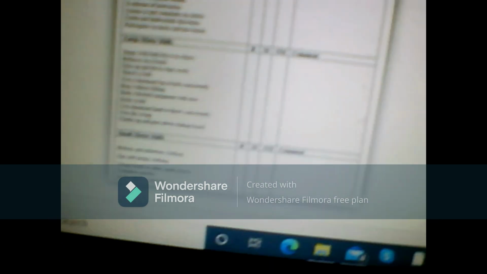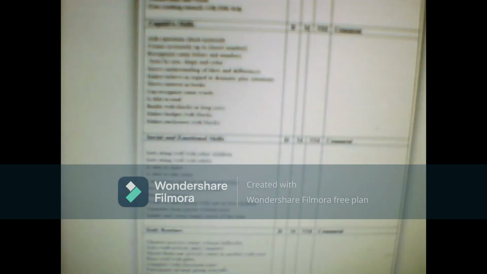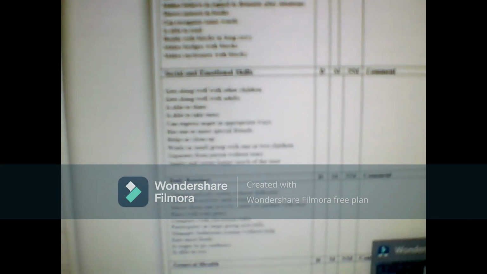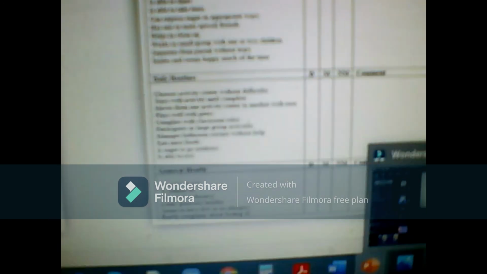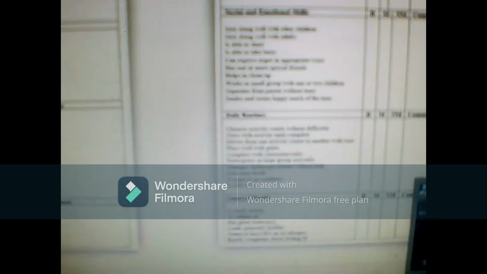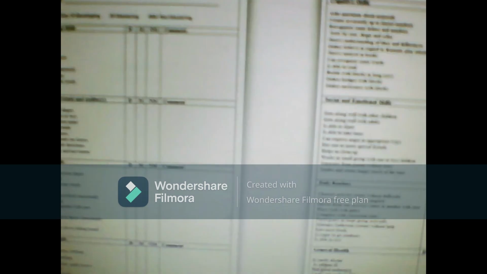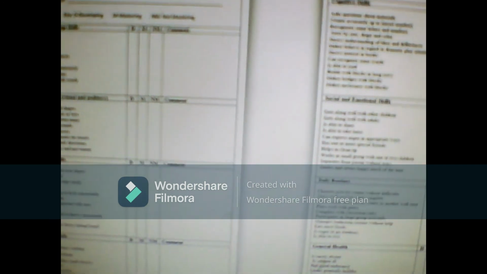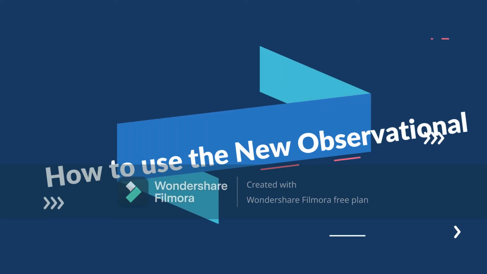Small motor skills, as well as cognitive skills, social emotional skills, daily routines, and general health. So these are the criteria we are looking at in our framework or context in which the improved checklist will